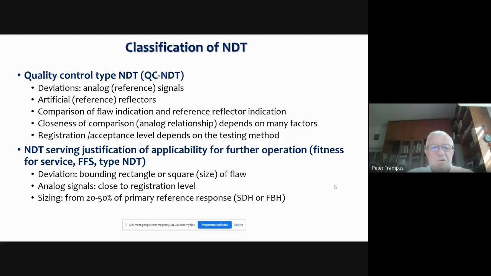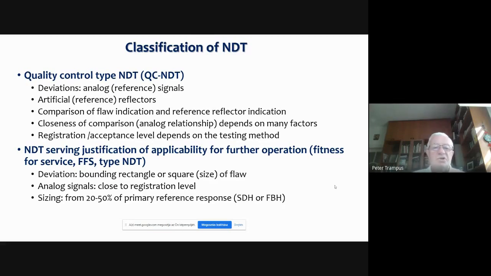The quality control type is, I don't want to degrade the meaning of the quality control type, that here the deviations expressed usually in analog signals, and these signals